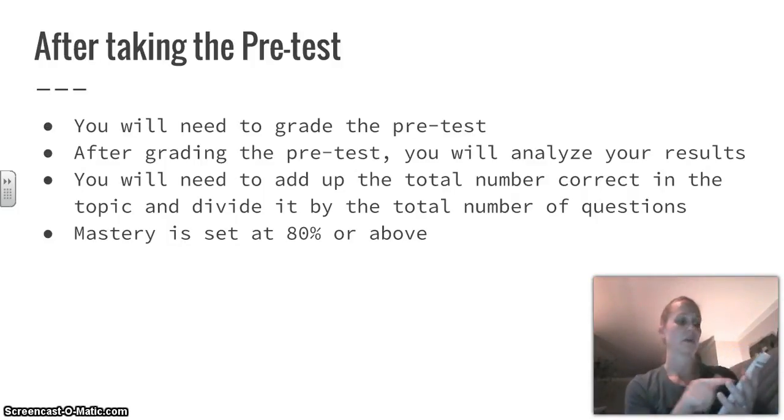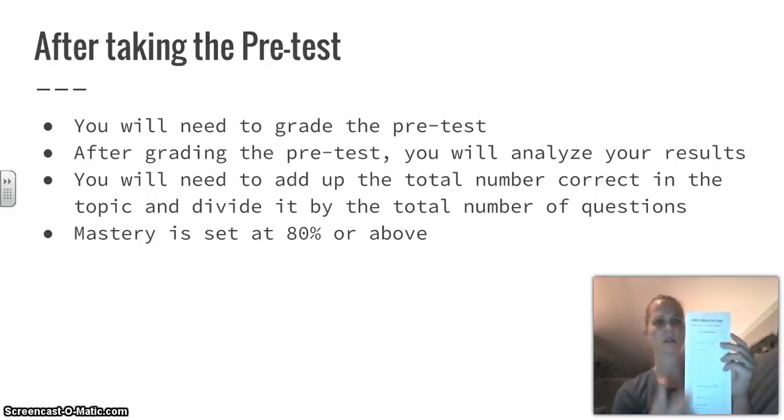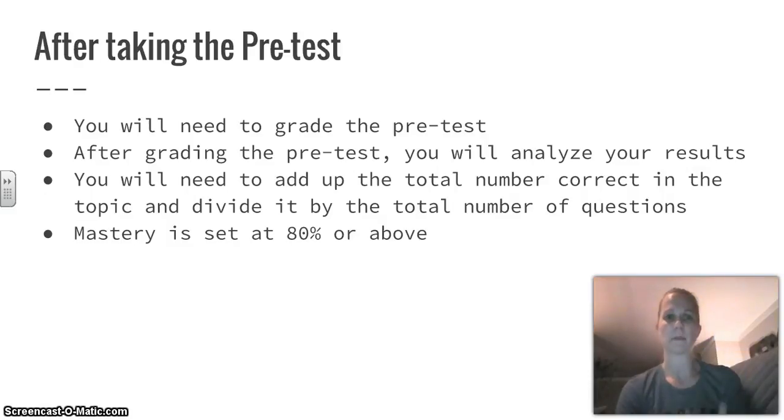Below that, it's whether or not it was mastered. Mastery, like you see here, has to be 80% or above. So anytime we do this, if it comes out to be 78% or 79% or 77%, that's still not mastery. We're setting it at 80%. There's no gray area. Once you've gone through, you've graded this, and you've analyzed these boxes,